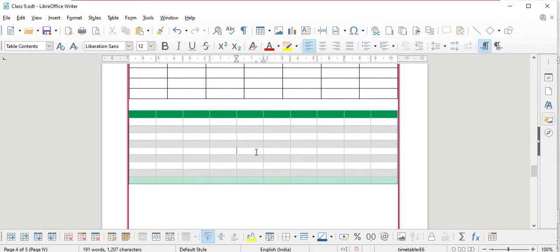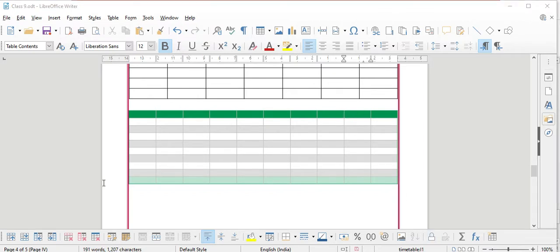Now I want two extra columns in this table. So I will place my cursor in the row or column where I want to insert a new row or column, before or after this.